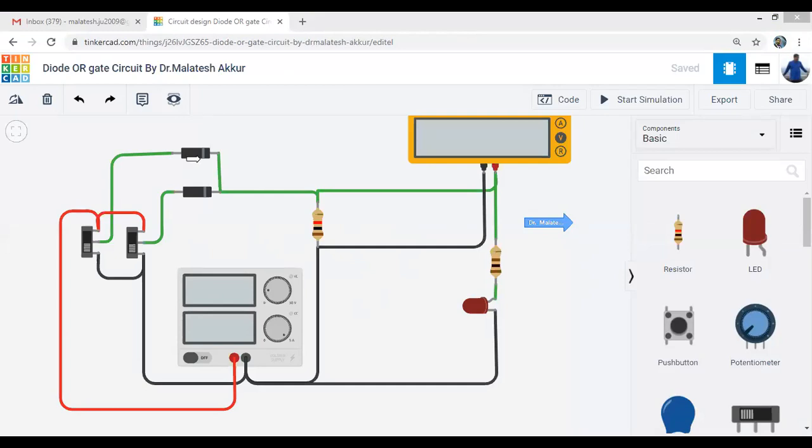Yeah, this is D1. This is D2. These are the slide switches. This is switch 1. This is switch 2. This is A and this is B. As you know, if the switch is at the lower position, it is equivalent to connecting A to 0. This is the 0 level, this is 5 volts.